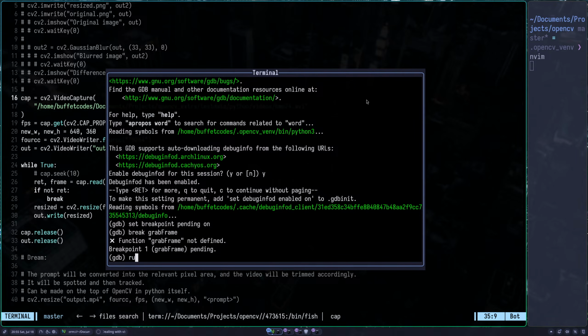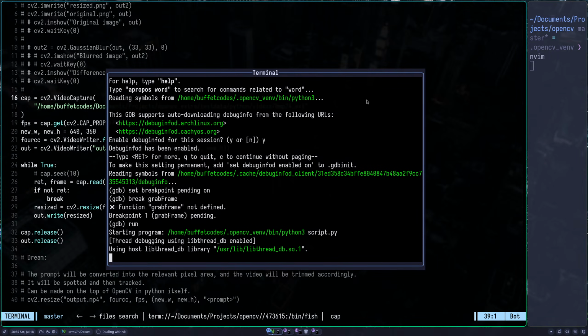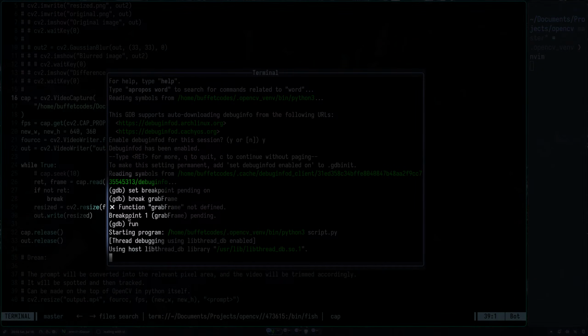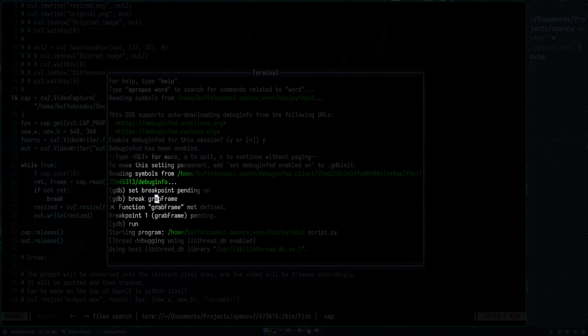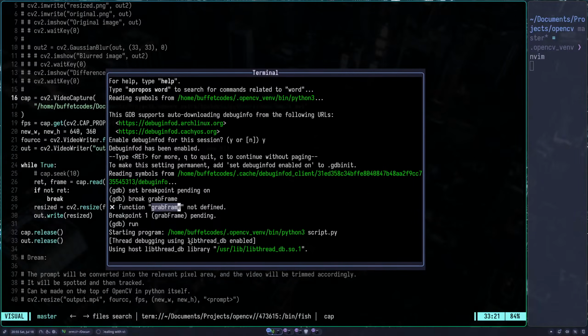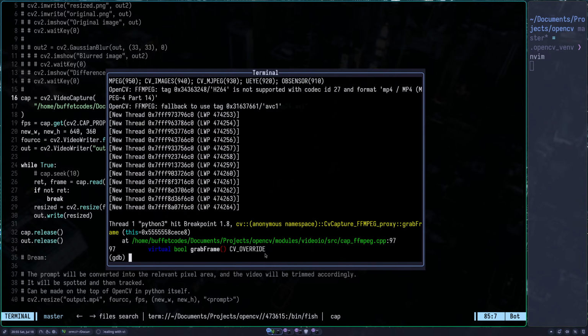And I'm going to run this further, right? What this is going to do is look for the grab frame breakpoint, the method over here, and then try to show us what's happening there. The reason this is very interesting is because you get to learn a lot. You will see which method is being called, what's the hierarchy and everything else. So as you can see,